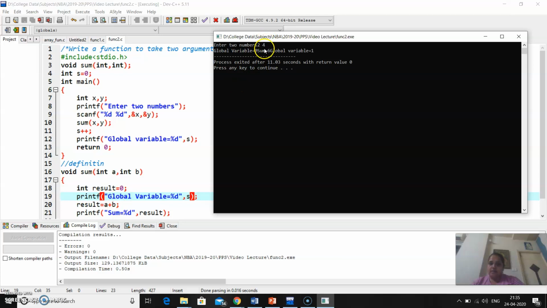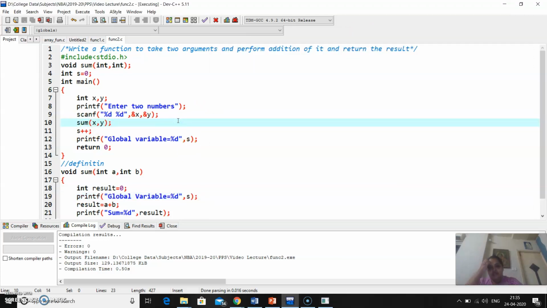So what is our sum result? Sum is 6. Now after executing this sum function, it goes back to the main, and here we are incrementing the value of s by 1. So it will be plus plus. So now s, that is a global variable, will be 1. So this is the main concept of local variable and global variable.